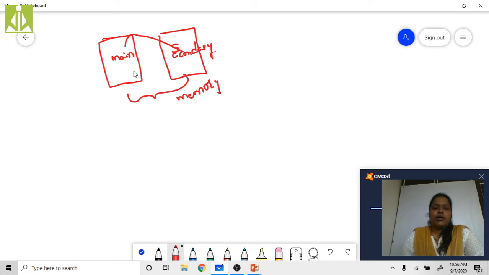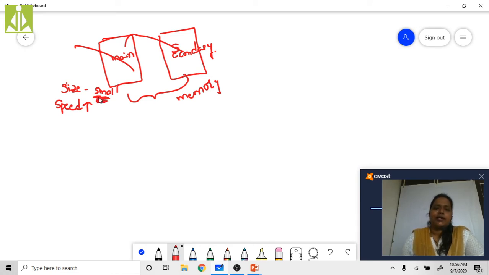But what is the drawback of this main memory? The main memory size is very small, but the execution speed is high. The drawback is that the main memory size is very small. It can accommodate only a few instructions.